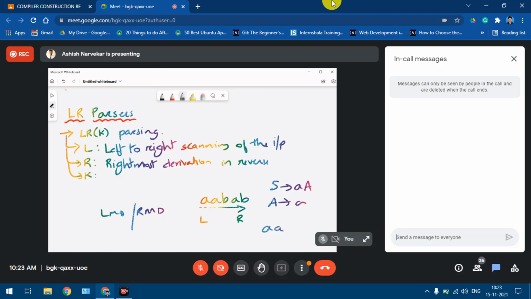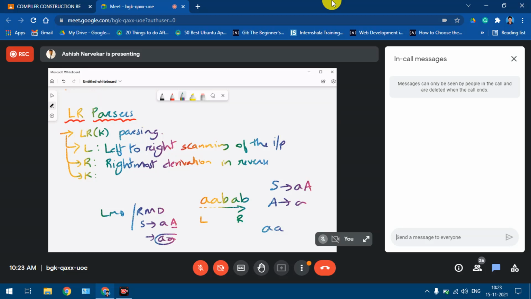Now suppose you want to substitute. Initially you'll choose something like S gives A, this production you have chosen. Now in this case you can see that we have the A production also. So when we use the A production, we are substituting from the rightmost end. So what you will get is AA. So we got this particular string. This is the rightmost derivation that we already studied.